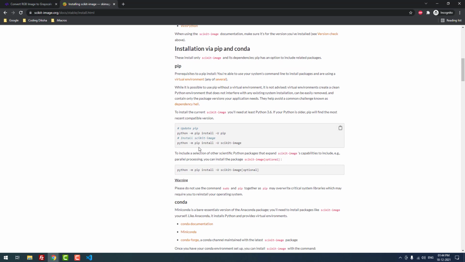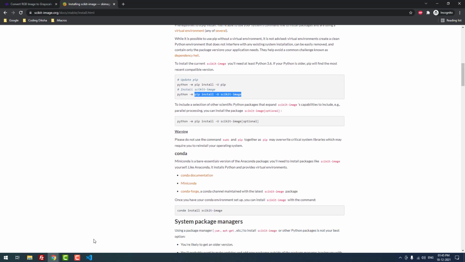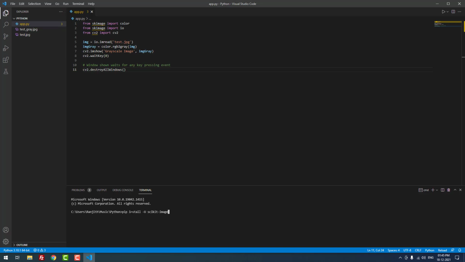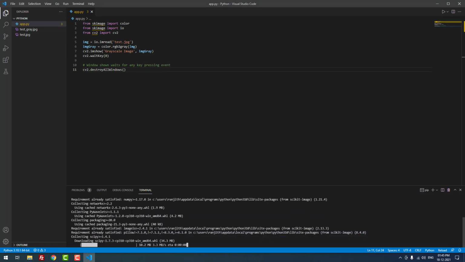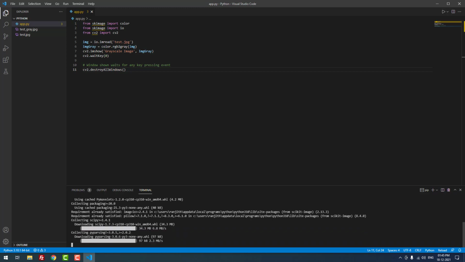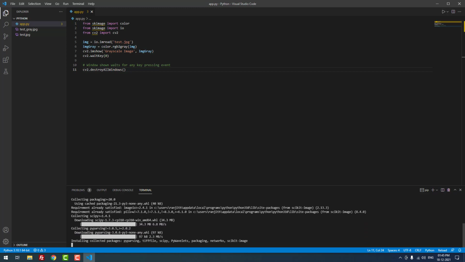We need to use this command, pip. We are using the correct command only, but I don't know why it is showing an error. Let me install again. It is installing the collected packages.